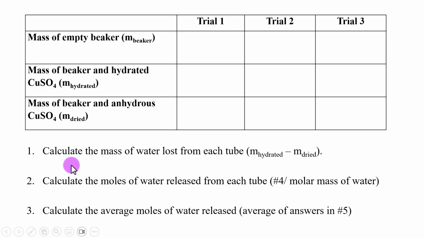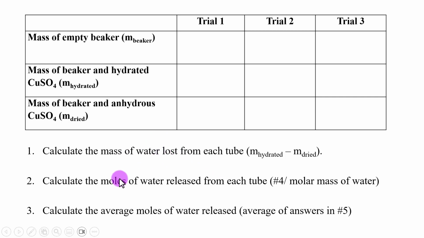Then you're asked to calculate the mass of the water that is lost from each beaker. You'll take the mass of the hydrated copper 2 sulfate and you subtract the mass of the anhydrous. So this is with the water and this is without the water. So if you take the difference of those 2, will give you the mass of the water that was lost